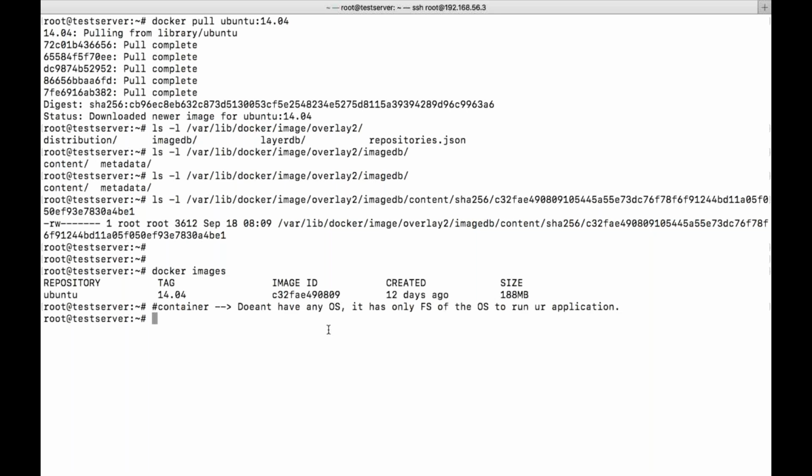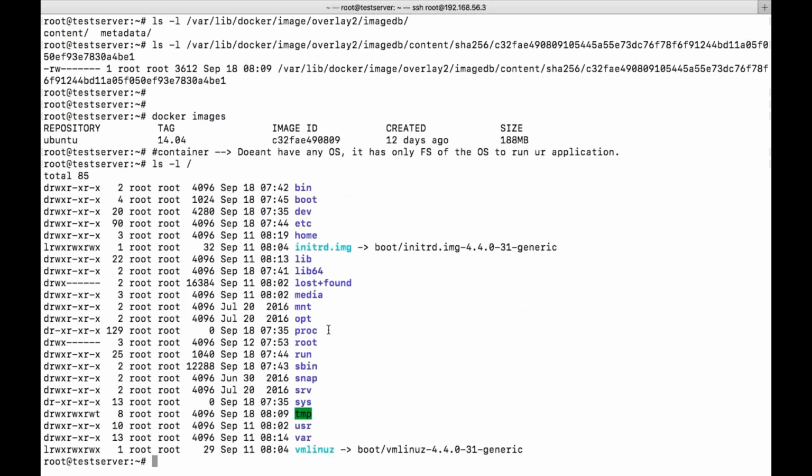Okay, what is a file system? This one, which is represented using forward slash. Okay, this is the file system, right? This is my physical machine, and my physical machine has these many files and directories, which are entirely called the file system. Bin, boot, dev, etc, home, and all. Similar directories will be downloaded for the image.